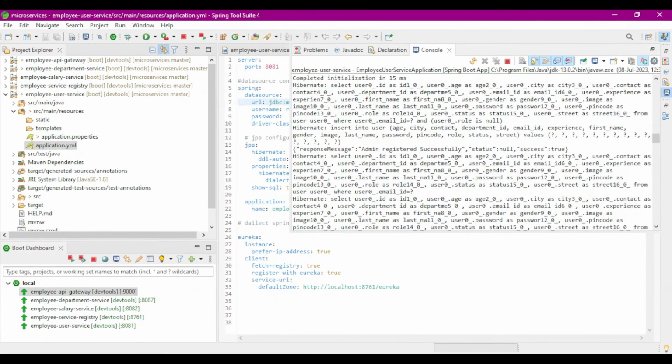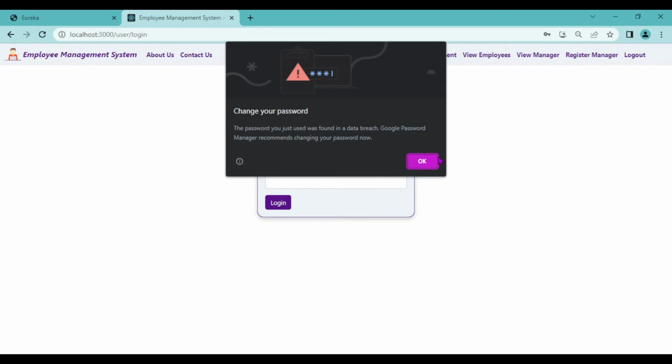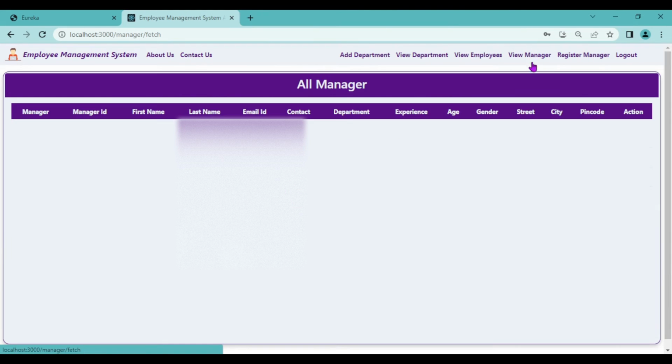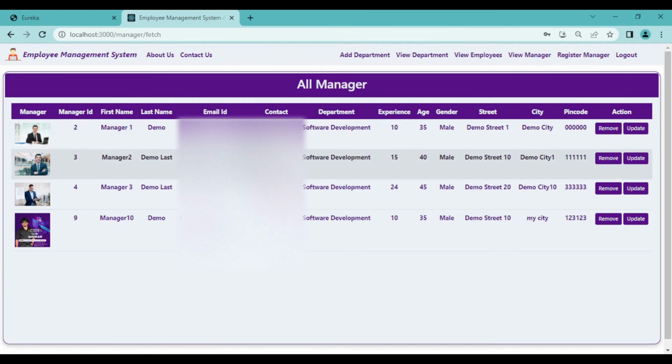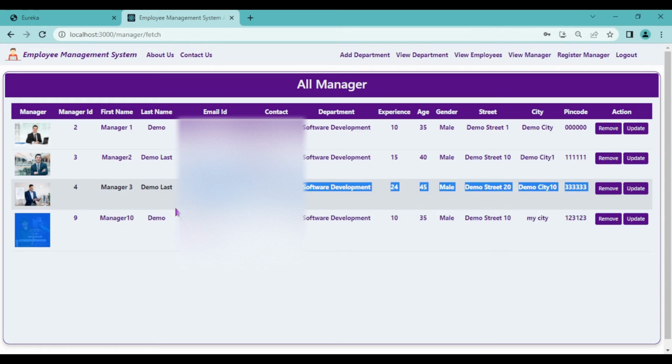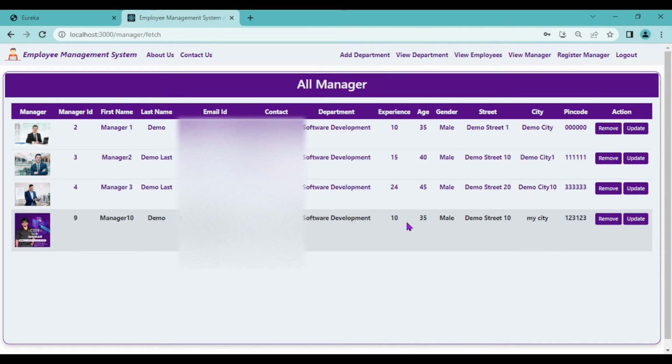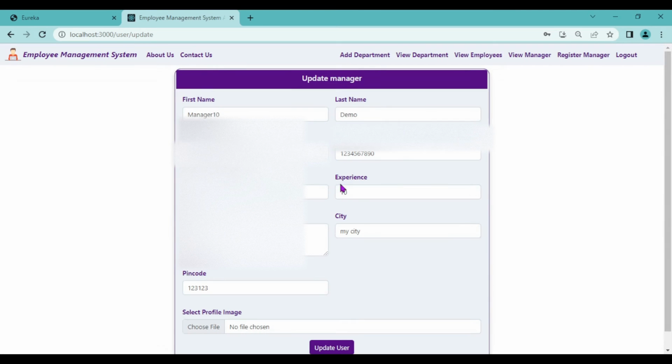Okay, after registering the manager, now let's check the view manager part. Here we can see the manager got added in the software development department. Okay, now let's update the manager detail. Let's make it manager